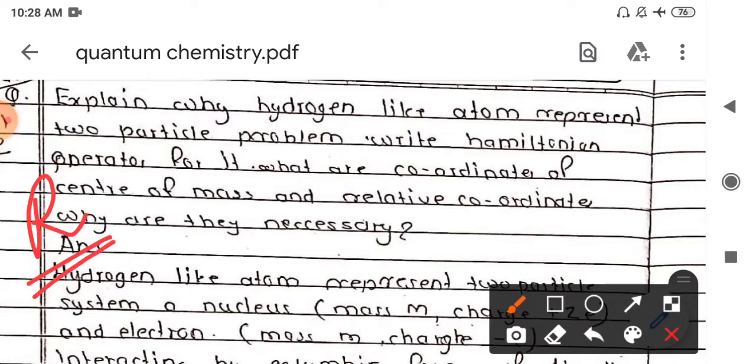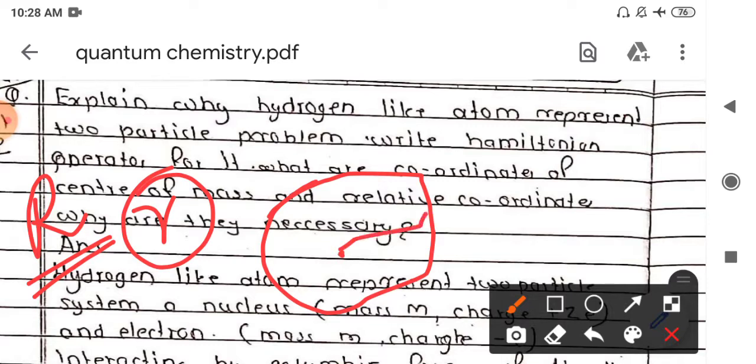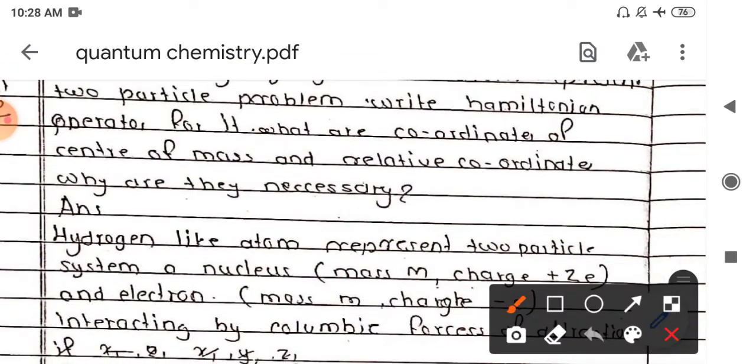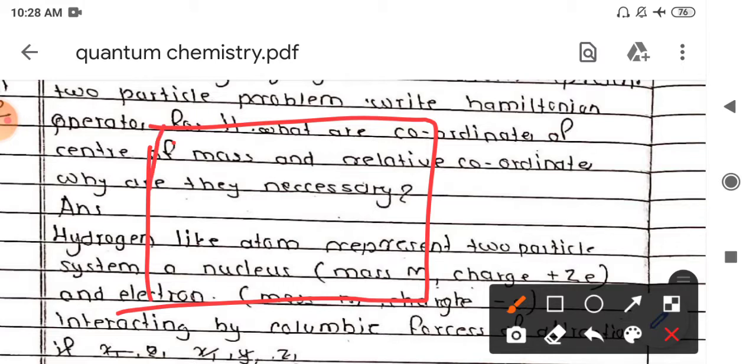Here this R is the internuclear distance, and we will consider the system as a nucleus at the center and an electron revolving around the nucleus. But in this case R is not constant. Why is it so? Because on 2D paper we represent the 1s orbital simply as the nucleus at the center and the electron revolving around the nucleus in a circular orbit. But in actual practice it is not a circle, it is a sphere.